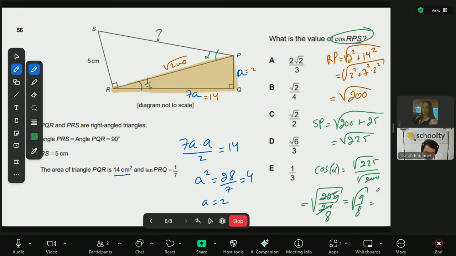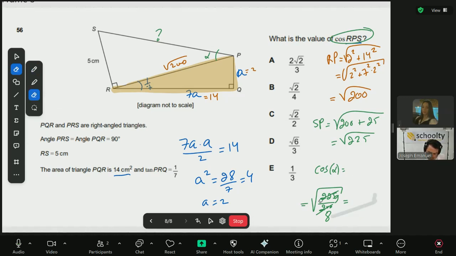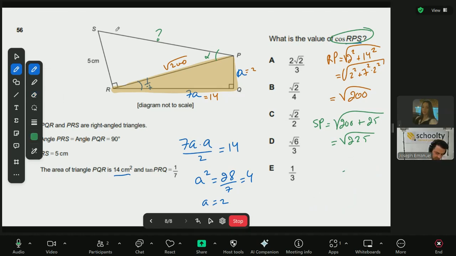So this is 3 cosinus. Sorry, I flipped it, I think. 1 minute. I think I flipped it again. The square root of 225 cosinus alpha equals 200. Yeah, I flipped it. Okay, so now cosinus alpha is the square root of 200 divided by